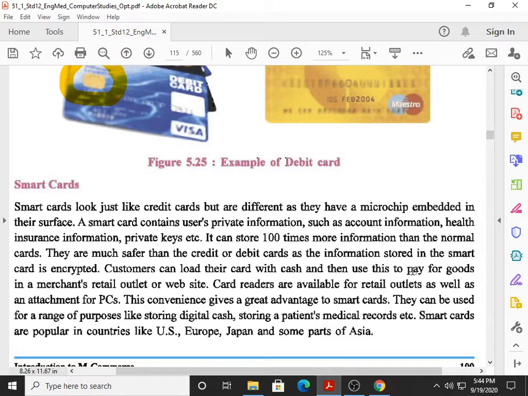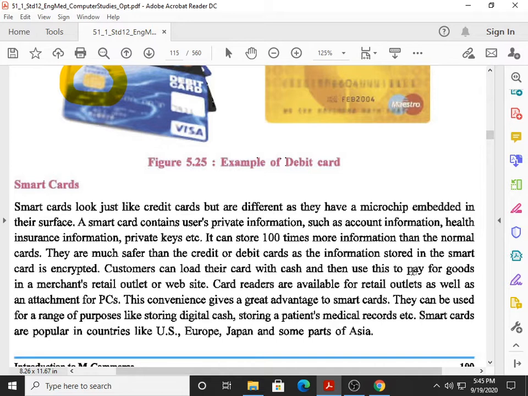To get the data from the smart card, we require card readers. Card readers are available for retail outlets, as well as an attachment for PCs. That card reader is attached with your computer system, and when you put the smart card inside the card reader, because it is attached with the PC, it participates in a transaction through the internet. This convenience gives a great advantage to smart cards, and they can be used for a range of purposes, like